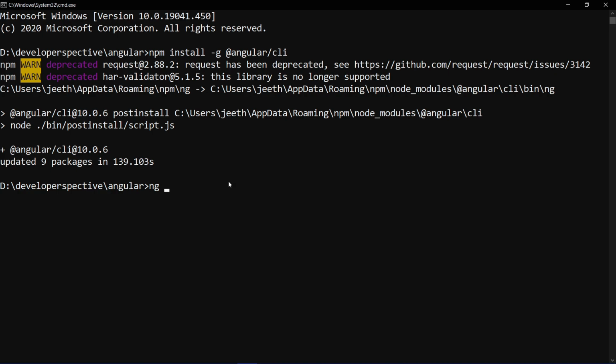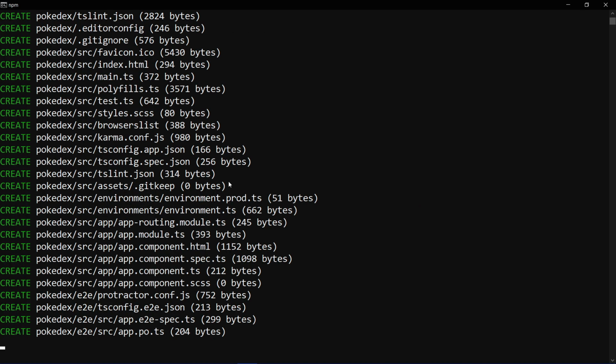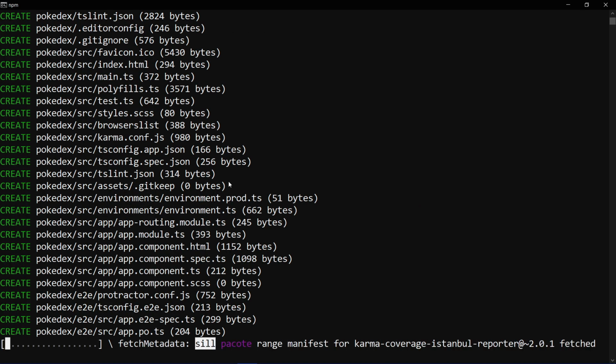Once this is done, you can use the ng command to create a new application. That would be ng followed by new and the name of the project you want to create. This application would be a fair version of Pokédex, so we'll name it pokedex and then press enter. It will ask if you would like to add Angular routing, so you just say yes. The second thing it will ask is what styling format you want to use. I'll be using SCSS for this application, and that's it. It will start creating all the files necessary for your application and building the node modules for you.